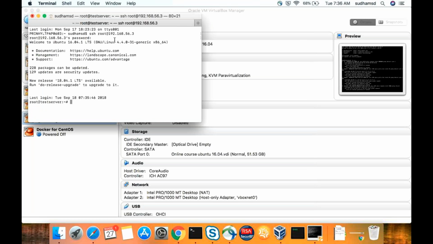Now this is my Docker machine, which I have already installed on Ubuntu.